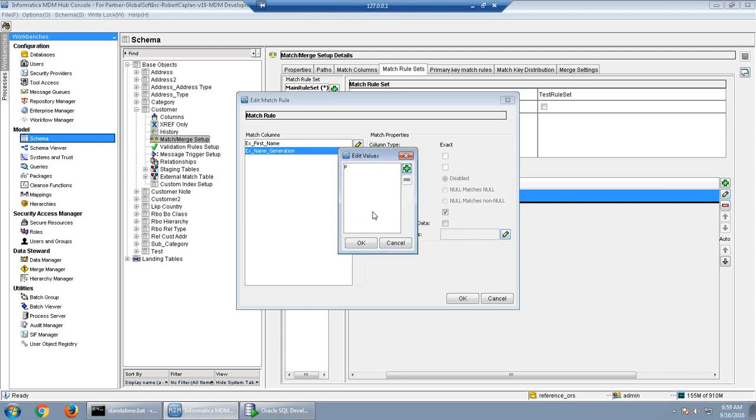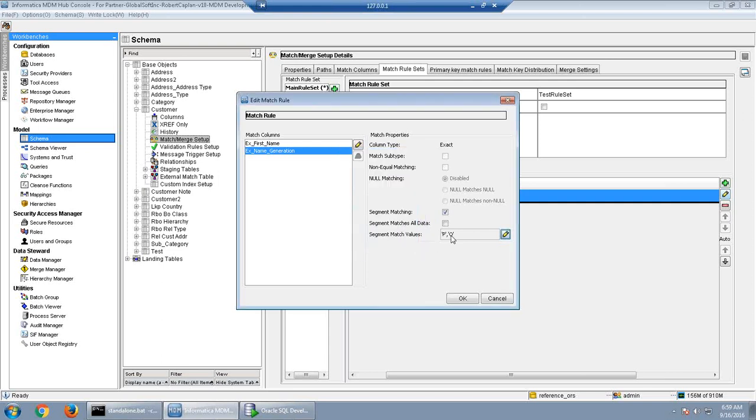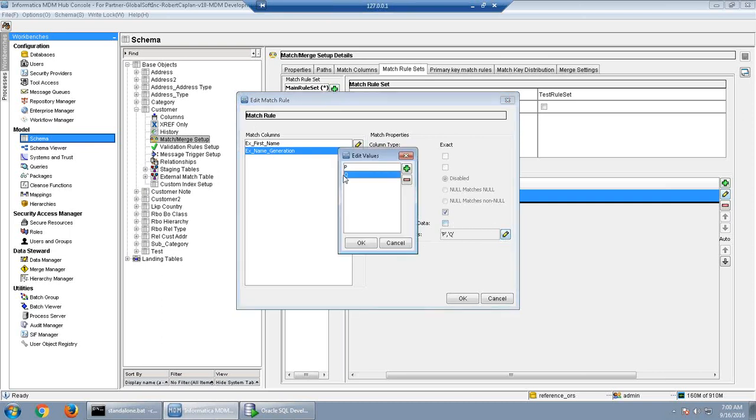If I give P and Q here, it is like an in operator, so it will take both values P and Q. Here you can see both have come, P comma Q. So it will take both P and Q and try to match them with each other. All the records where name generation equals P and Q will be picked up and matched based on all the other columns. As of now I just want P, so I will remove this Q.